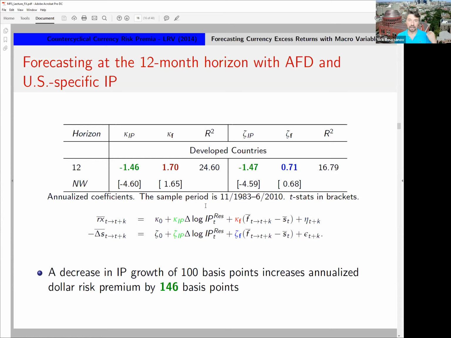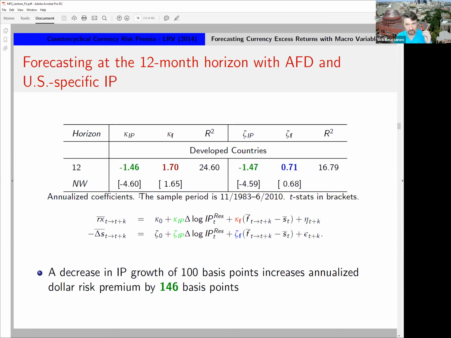which means that this is foreign currency vis-a-vis the US, which means that when the US goes into recession, on impact, perhaps dollar appreciates, but it's expected to depreciate going forward, resulting in a risk premium to an investor who is long foreign currency and short the dollar, again, in a US recession. And of course, the opposite happens during a boom. And in fact, it's this counter-cyclical behavior of the average forward discount that captures the risk premium, because it seems like the forward discount itself, while controlling for the state of the business cycle, is not nearly as